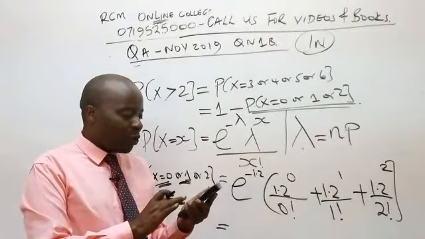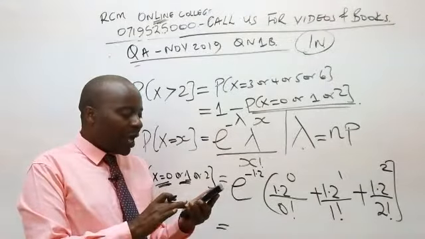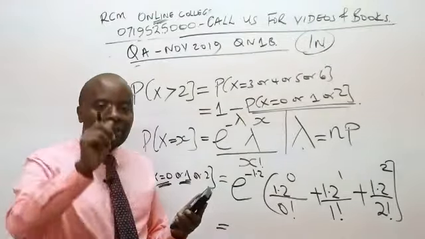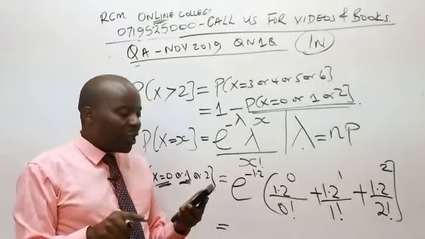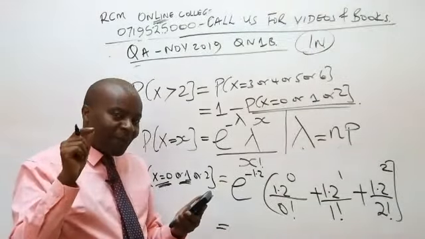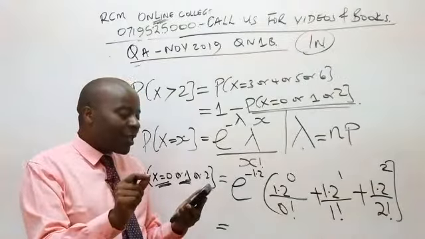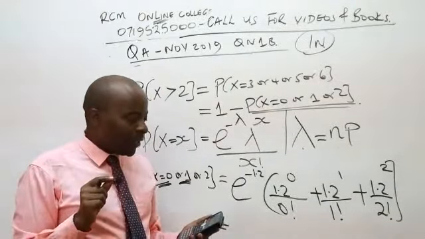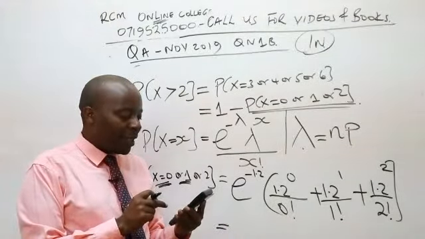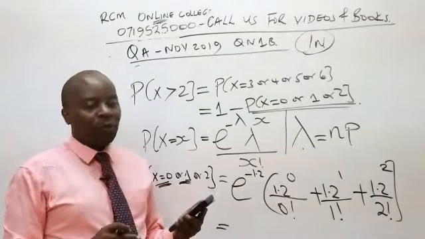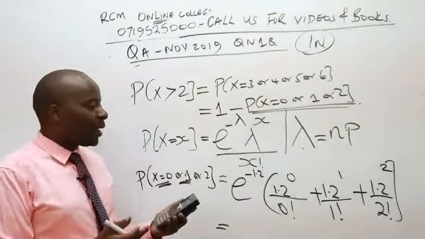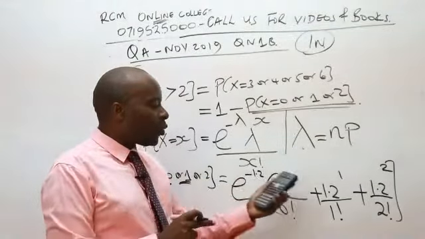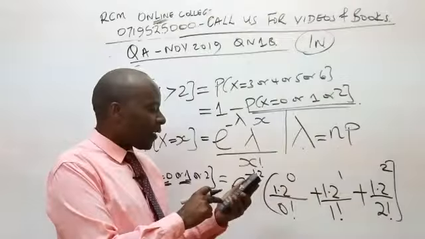We have 1.2 raised to power 0 divided by x factorial. Just beneath your shift, you'll be able to see x raised to minus 1. On top of that, you'll be able to see x with an exclamation mark, factorial. So I'll press divide by 1, shift, factorial, because it is in yellow, I have to shift. Plus 1.2 raised to 1, divided by,